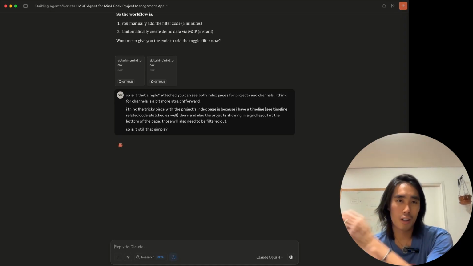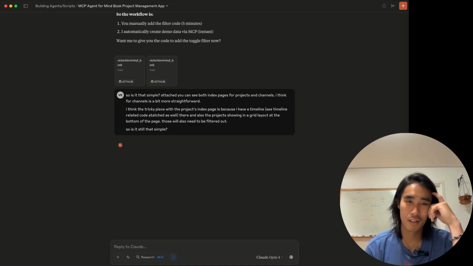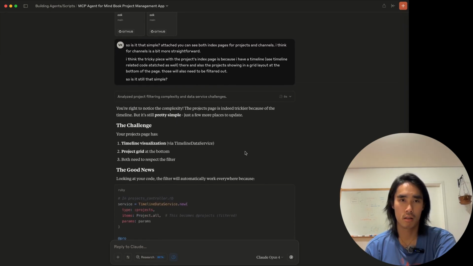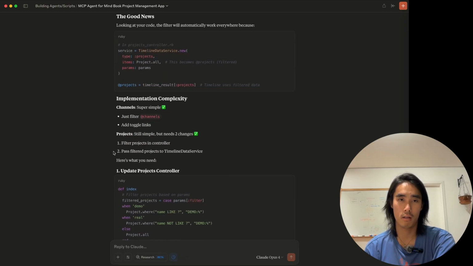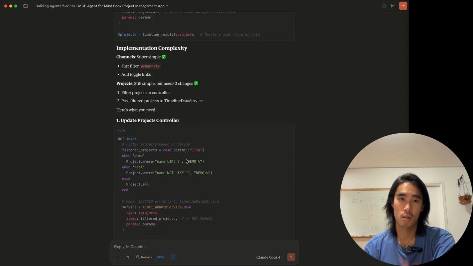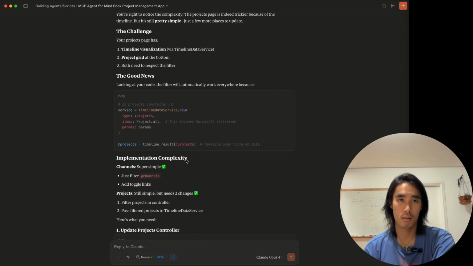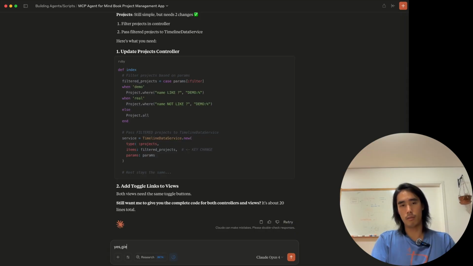Come on, Opus 4. You can do it. Okay. Super simple. Just filter channels. Add toggle links. Yeah. Still simple, but needs two changes. Filter privacy control. Okay. Yes, give